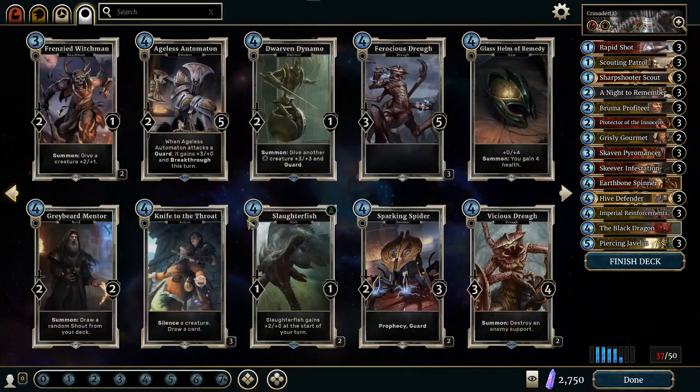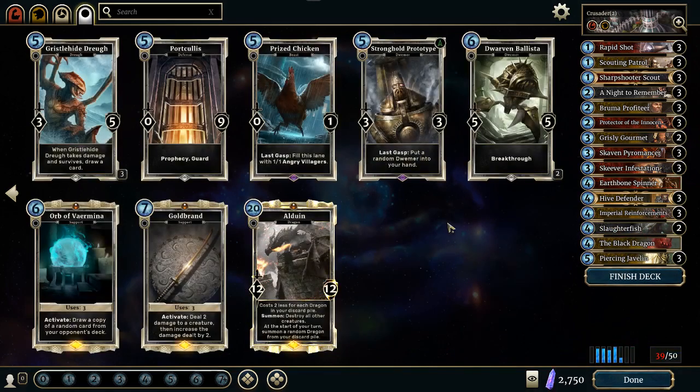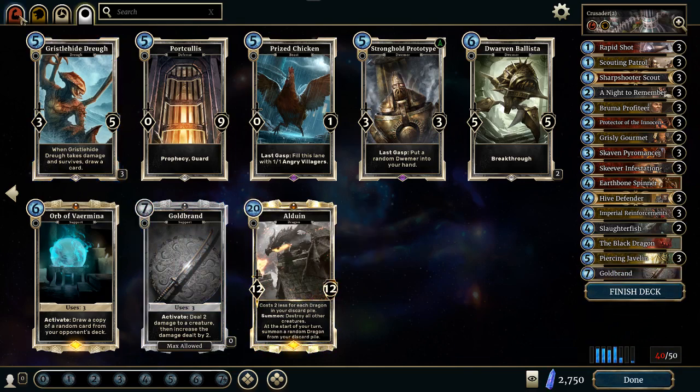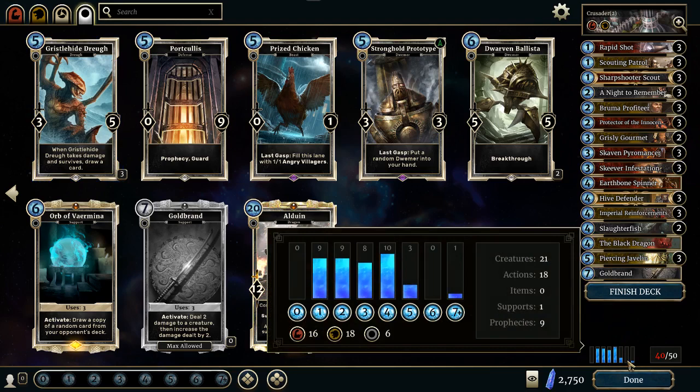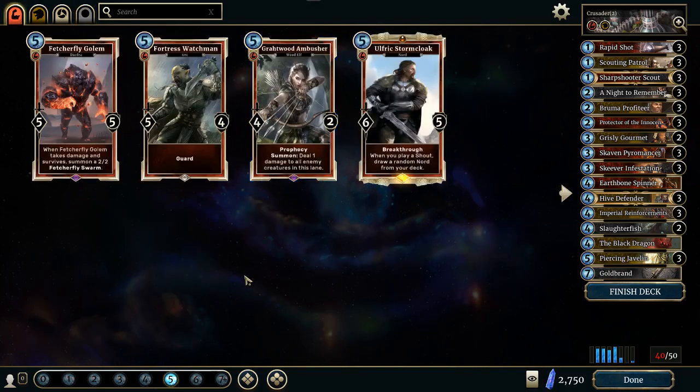Oh. Slaughterfish. We could summon a Slaughterfish over there, and if it survives, it would just win. Alright, alright, alright. We're doing it. We're doing it. Said it can't be targeted by actions, but it did not say it couldn't be targeted by supports. How's our curve look? 5, 6, and 7 need some help? Although in this match, I think it's less about...